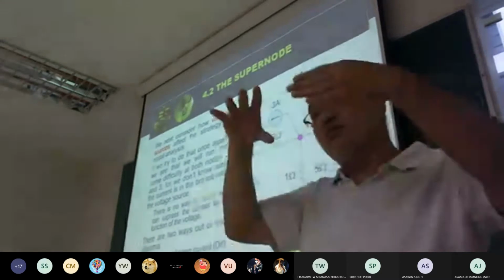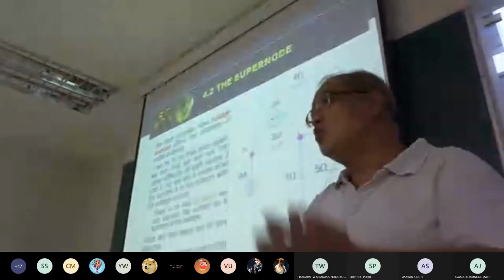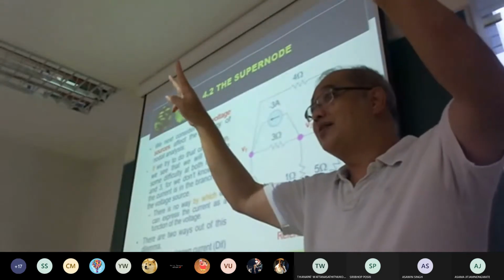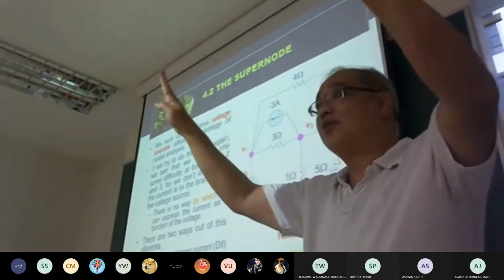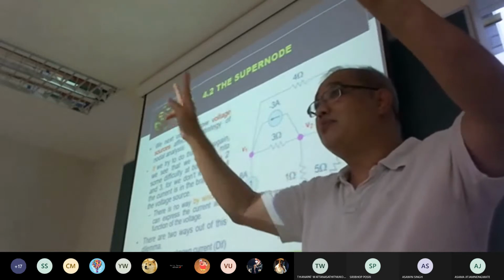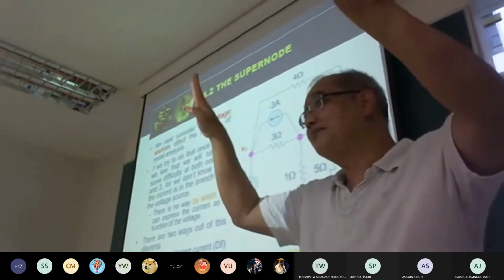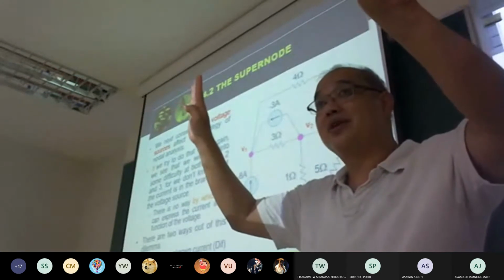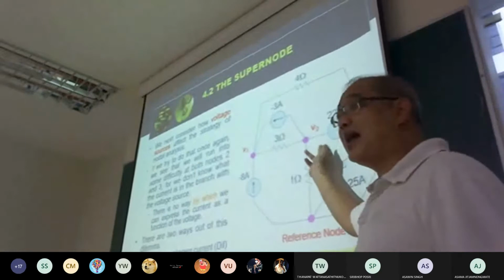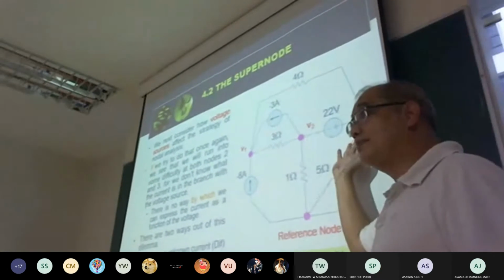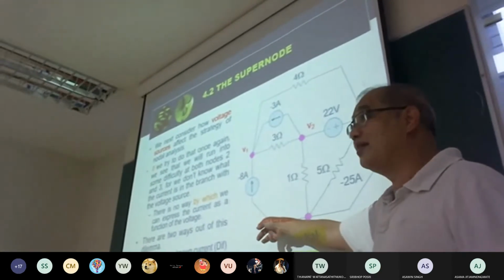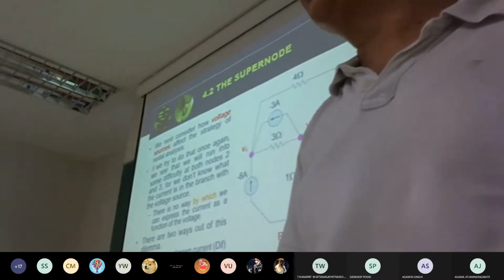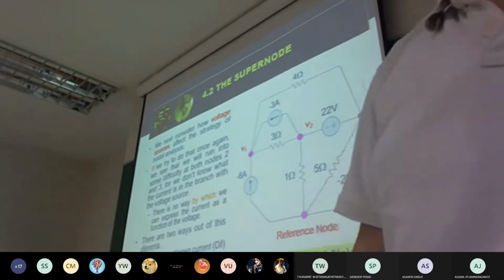When you apply KCL, if you have 4 nodes, you have 4 unknowns. If you have 3 nodes, you have 3 unknowns. If you have another additional unknown in here, the number of equations is less than the unknowns. You cannot solve it. And you cannot express I5 in a structured form. It's not good. It's a difficult way. The easy way, in this case, we use the supernode technique. I will teach you about the supernode technique.